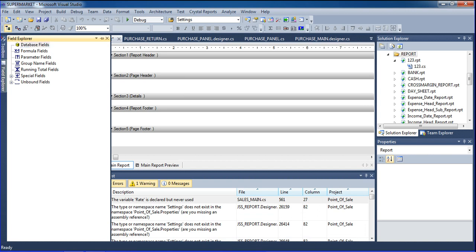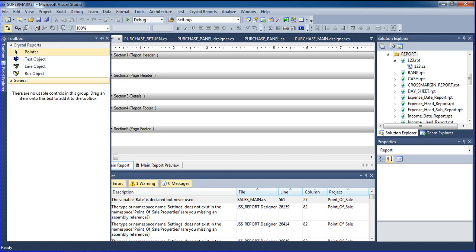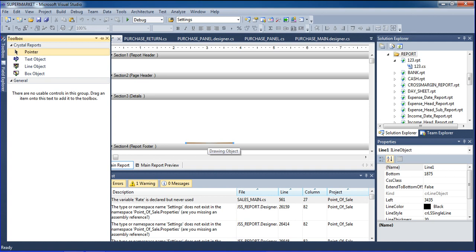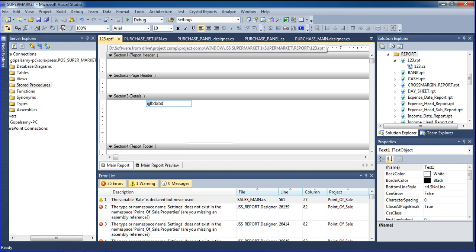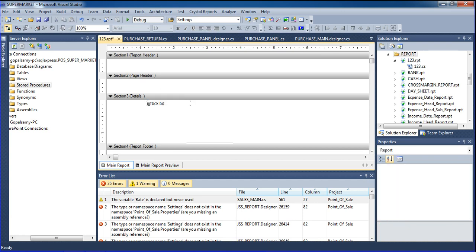See, this is the Field Explorer. Here the text box is available. See, line object, just declare a line. See, here a line came, and then the text object, just declare text. If we need a title, then title, like that. Once again title and then line, everything you can declare by using this. Then just copy this and go to the header, footer, details, everything. Everything we can declare.